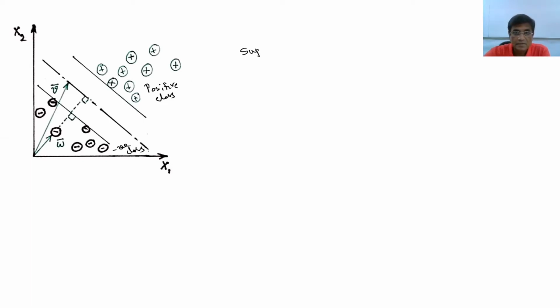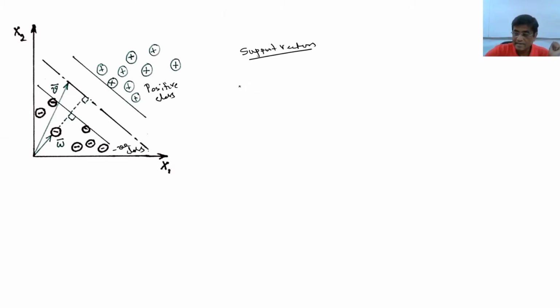Support vectors are those samples which are at the extreme boundary of that class. So if it is the negative class, all the samples belonging to this class, and at the extreme boundary, the samples are here, and they can be called support vectors. Similarly, for this class, those samples at the extreme boundary can be considered support vectors, and we are only focusing on those support vectors for developing our model.